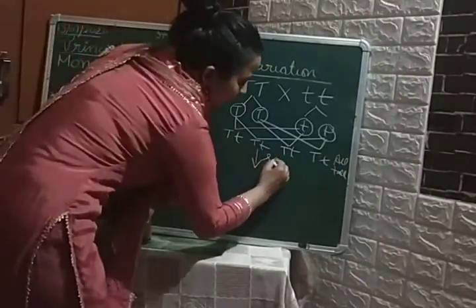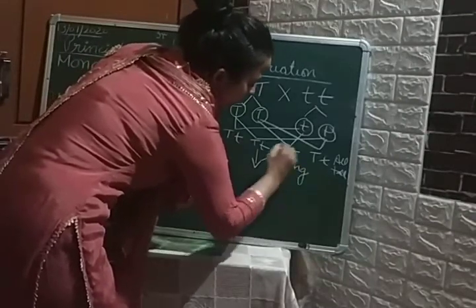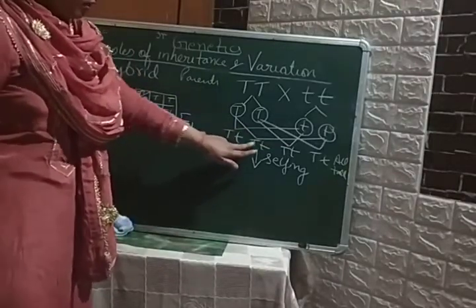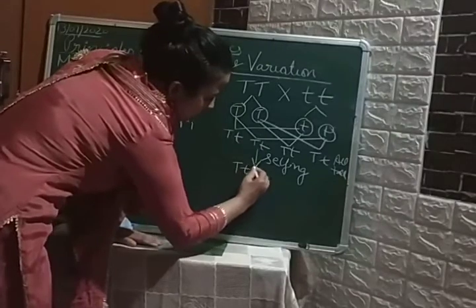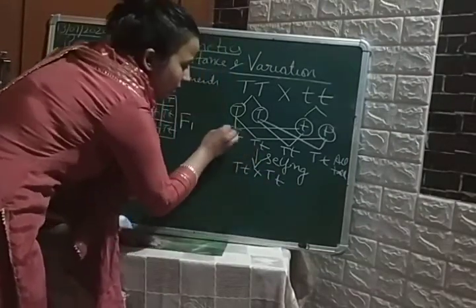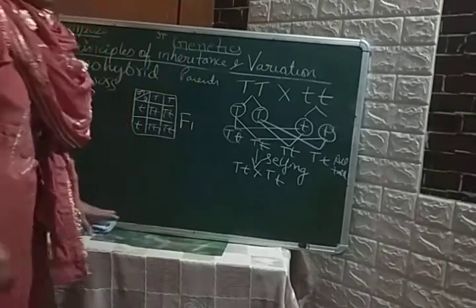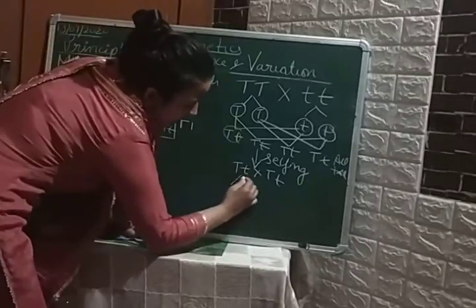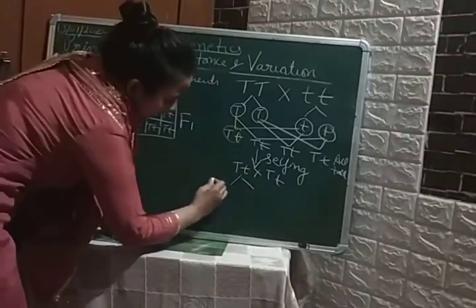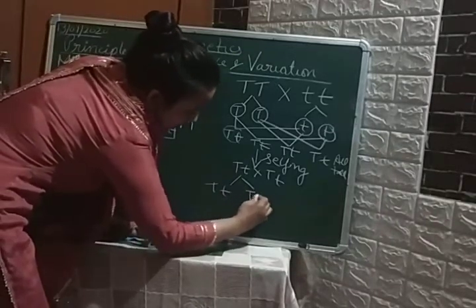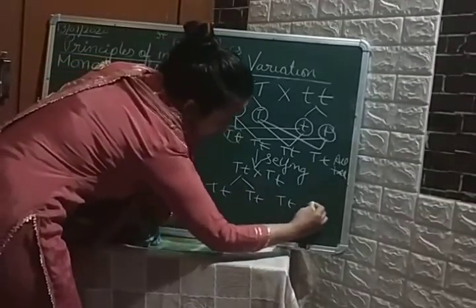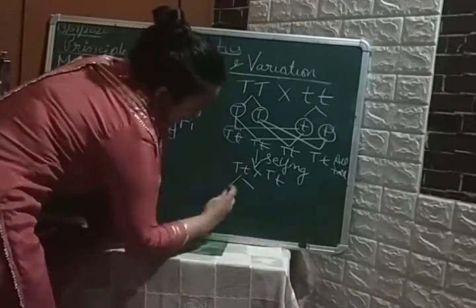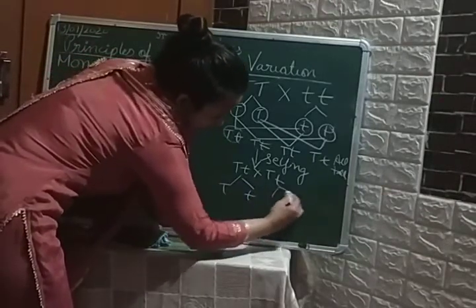After that, we will do the selfing of it. Okay. What is selfing? We will fertilize it with a member of the same generation. Okay. For example, this and this. Okay. So I will take capital T, small t, capital T, small t. Okay. Suppose this and this I have taken. Getting? Okay. So here again, now your second generation started. Okay. Gametes. First I need to write gametes. Capital T, small t, and then capital T and small t.